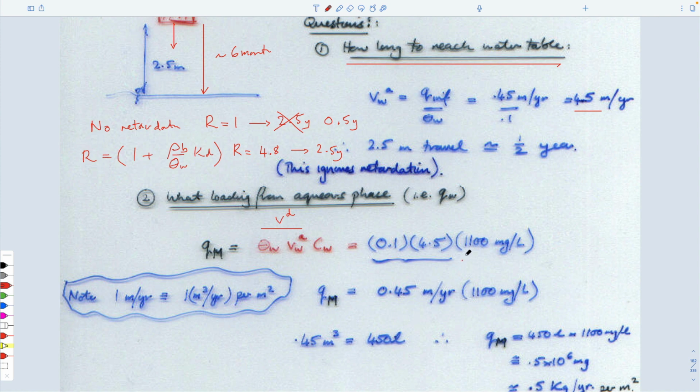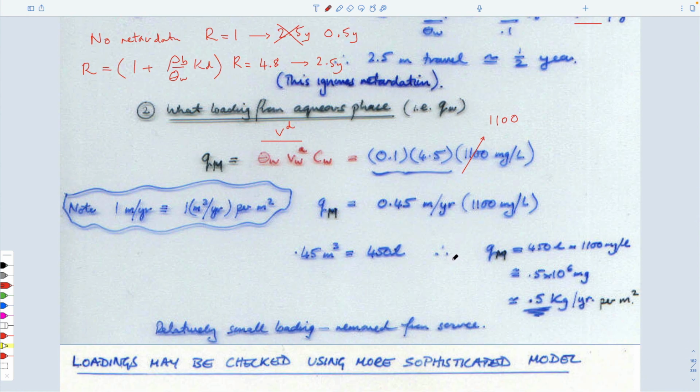And so if you have the solubility of TCE, which is 1100 parts per million, if it's a single cocktail, I don't think this was a single cocktail, but if it's a single cocktail, it would be equal to a mass loading of about 0.5 kilogram per year. The reason for getting that is that if you multiply these together, you get 0.45 times this solubility. This 0.45 meters cubed per year is equal to